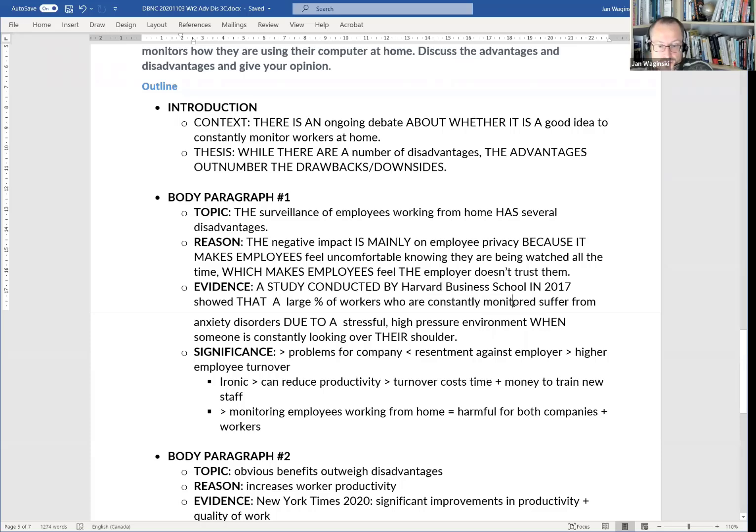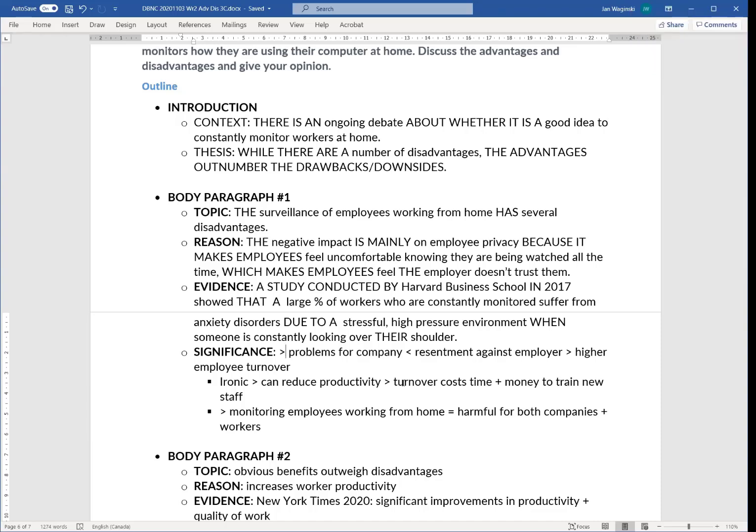This is passive voice. Suffer, present simple. When someone is constantly looking over their shoulder, present continuous. Okay, it's the general fact that we're describing. So we've got this long significant statement here to make that connection very clear between our ideas in this paragraph and the prompt. Okay, we could say lastly the problems for